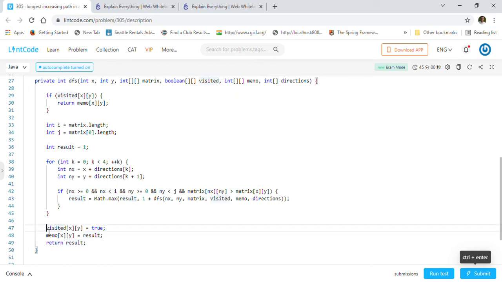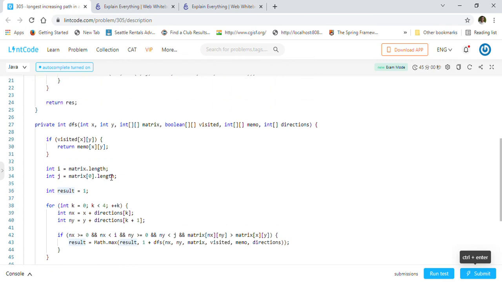And at the end, once the for loop is done for all the directions, we will update our result. We will make visited xy equal to true, because we already have done our DFS for the xy cell, and we will update our result in the memo array at the xy location, whatever length we have found, and then we will just return the result of the DFS.